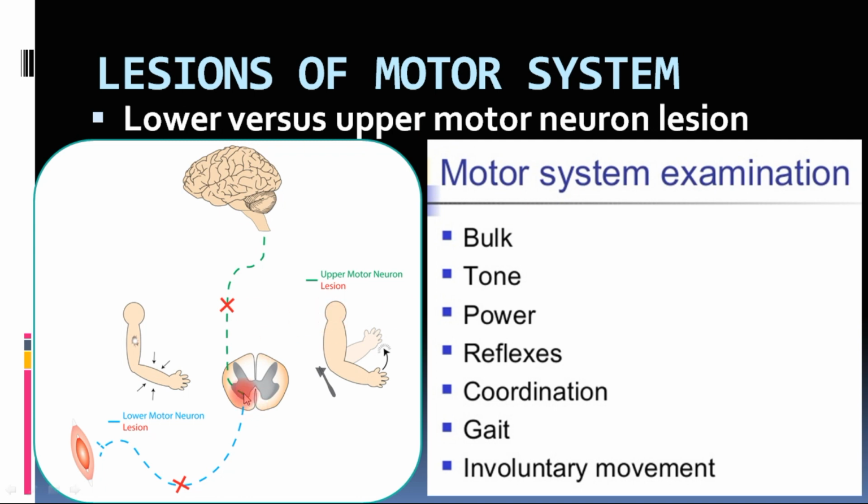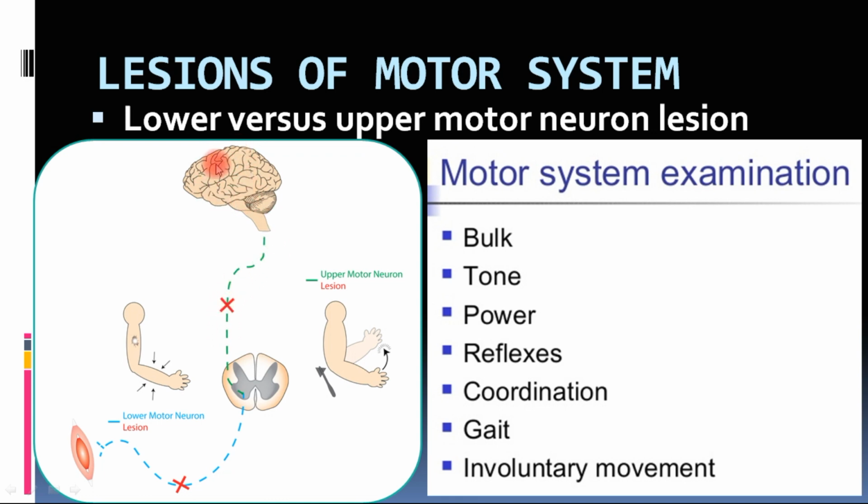So what is lower motor neuron? It is the neuron arising from the anterior horn. The cell body is located in the anterior horn, and the axon comes out from the ventral root and then is carried in the spinal nerve. This neuron arising from the anterior horn and supplying the muscle is called the lower motor neuron. Whereas the neurons descending from the brain and the brain stem, from the cortex or from the nucleus in the brain stem, and then synapsing with the lower motor neuron here in the spinal cord, are called the upper motor neuron.